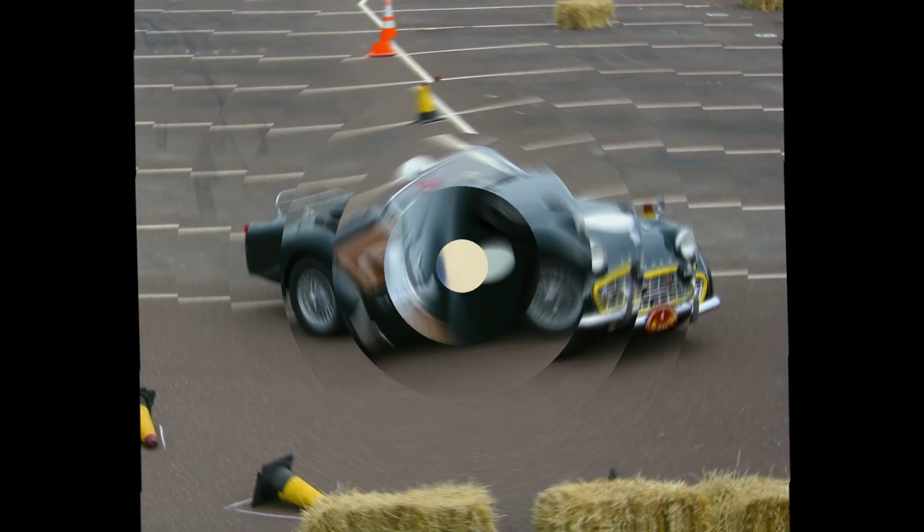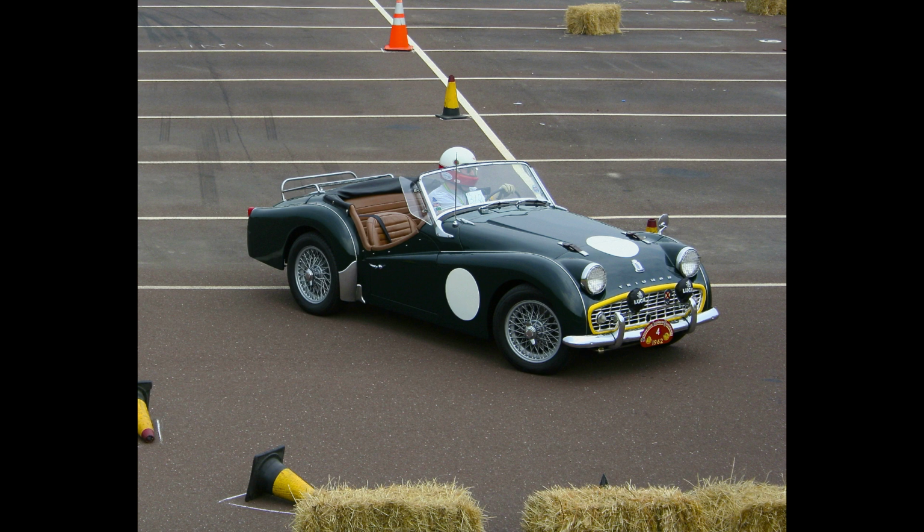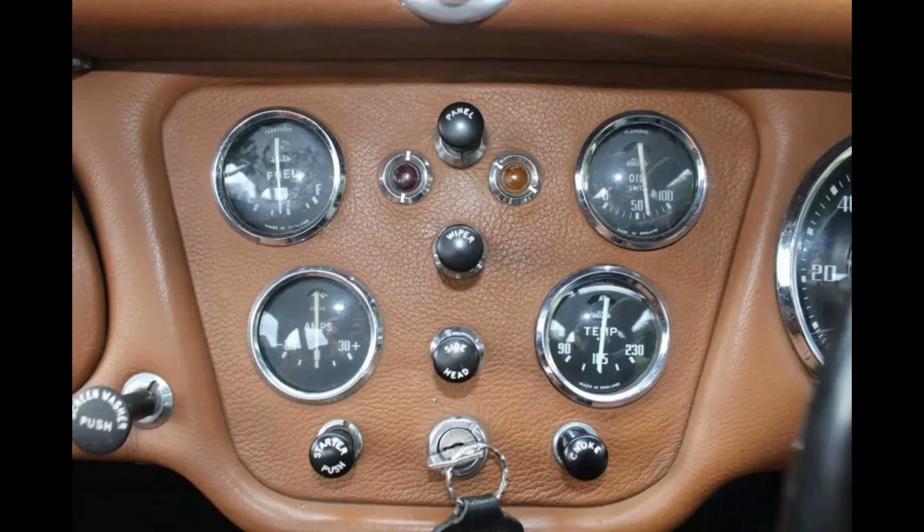The TR3 is powered by a 1,991cc, 121.5 cu in standard wetliner engine. This OHV straight 4 initially produced 95 bhp, 71 kilowatts, an increase of 5 horsepower over the TR2, thanks to larger SU-H6 carburetors. This was later increased to 100 bhp at 5,000 revolutions per minute by the addition of a high-port cylinder head